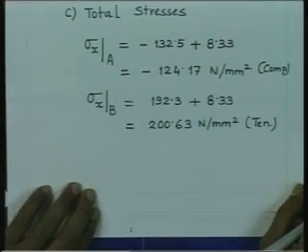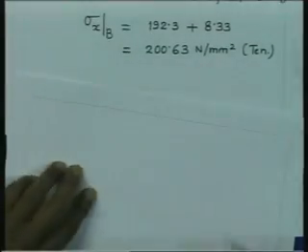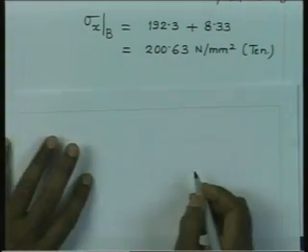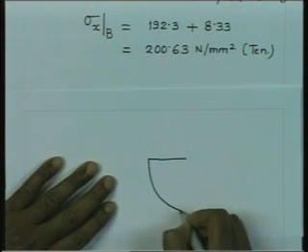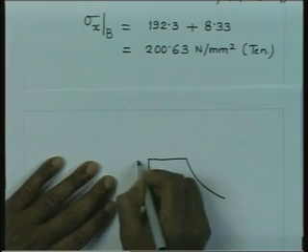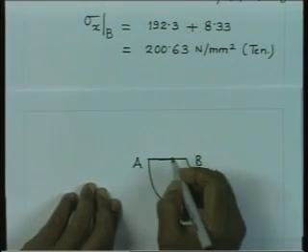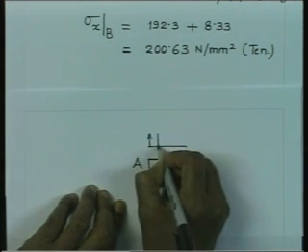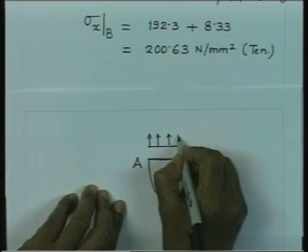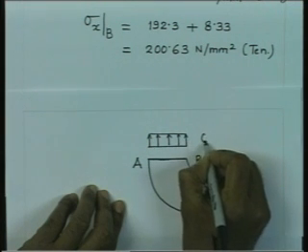It is important to note the distribution of the stresses in the cross section. Let us draw this cross section to a larger scale. This is the section AB. Now, due to the direct force, we are going to get a uniform stress all over. So, this is the stress sigma x